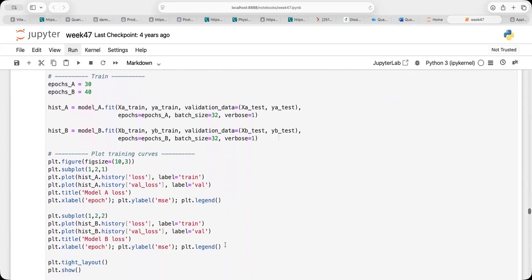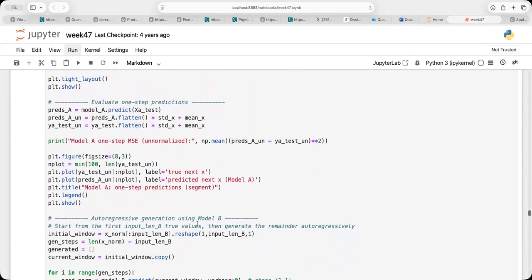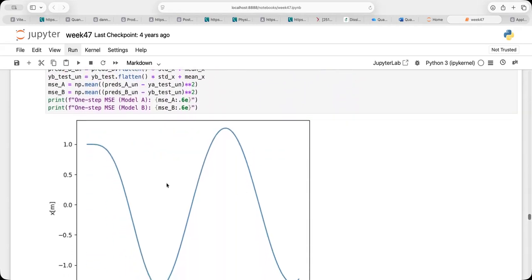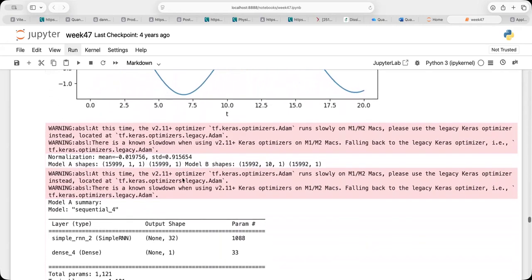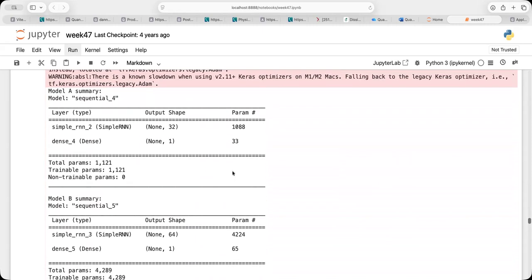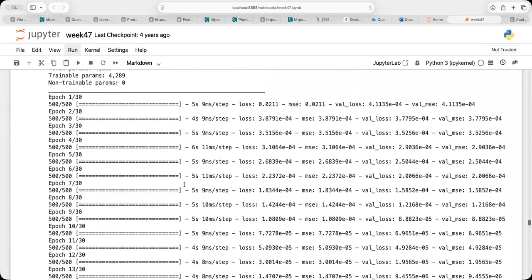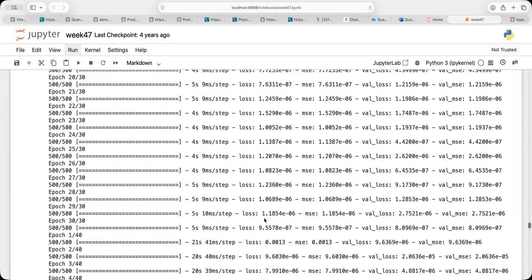And so I'm not going to go through here, because you see now that when I've done the training, I'm simply just printing out the results. And this was the training data which I had. This is the trajectory which I want to replicate. The different models actually have a different number of parameters. And this is again the nice thing which I like with TensorFlow, the model summary. And you can see the training here, and the loss function is, so it's actually doing pretty well.